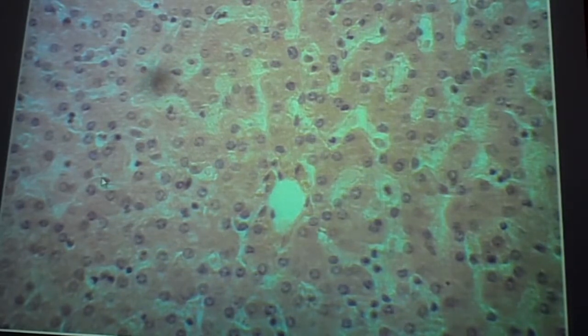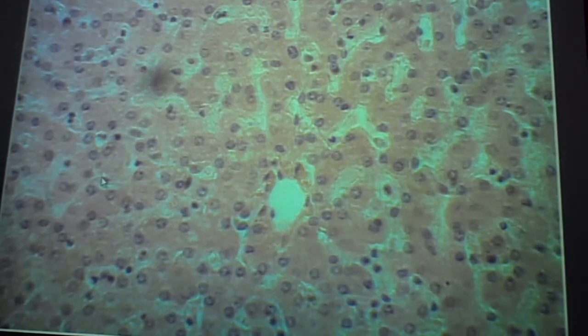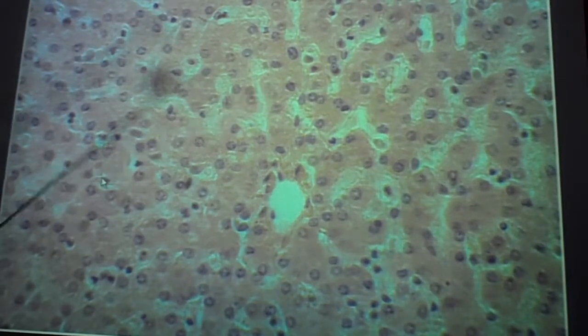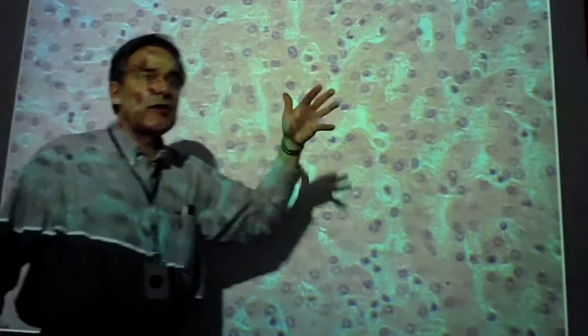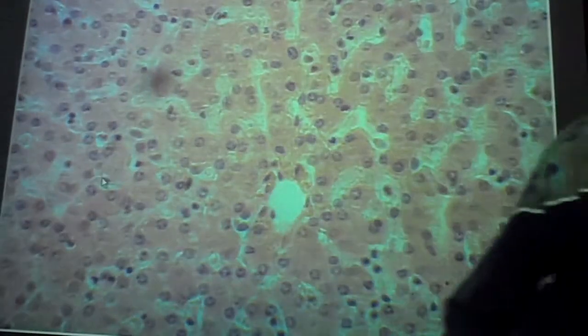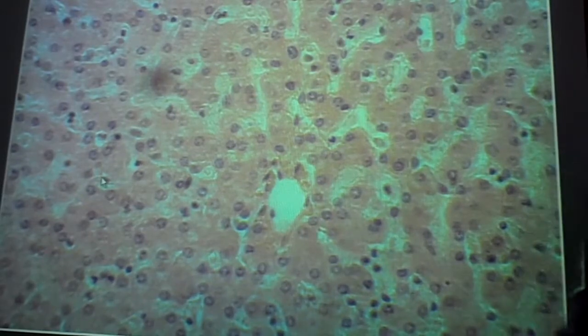Because one of the things the liver does is what? Destroys worn out red blood cells, like the spleen, by virtue of the macrophages here, which have a fancy name. They're called Kupffer cells. They do the same thing as the splenic macrophages. They take debris out of the blood, which is flowing through these capillaries, and they also take out worn out red blood cells. Okay? So blood is coursing through these. These are larger than normal capillaries, much more permeable, so much so that red blood cells can cross the wall,